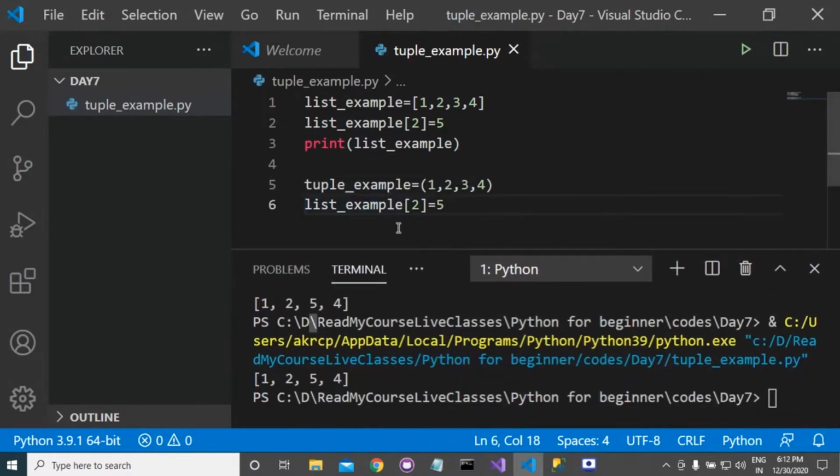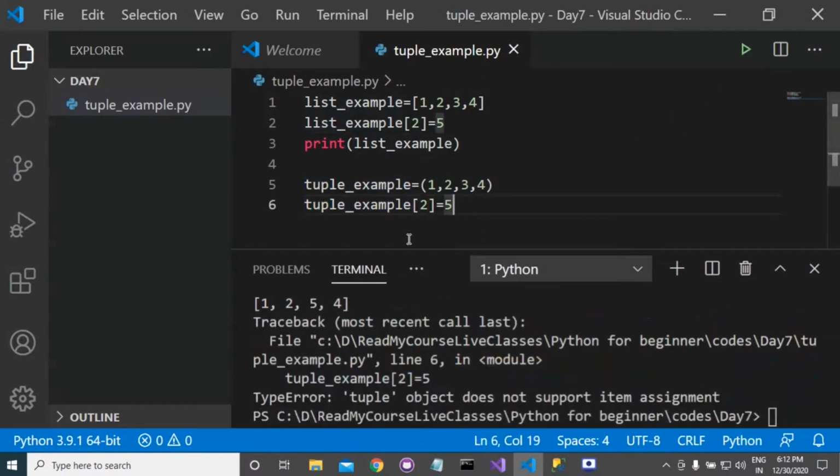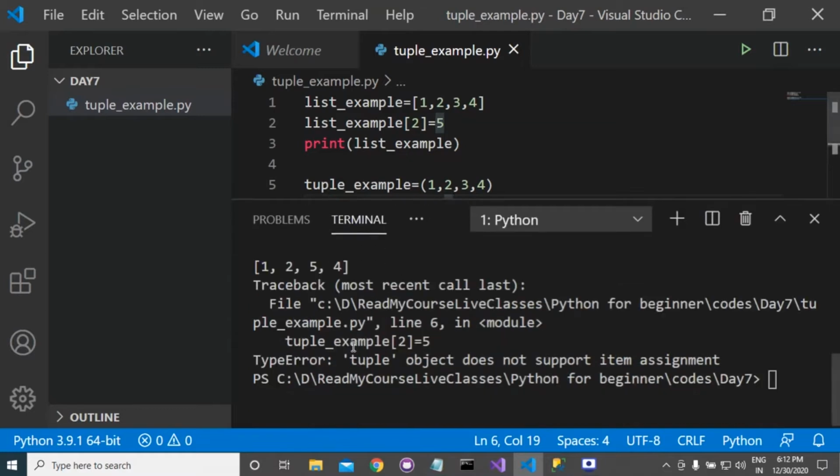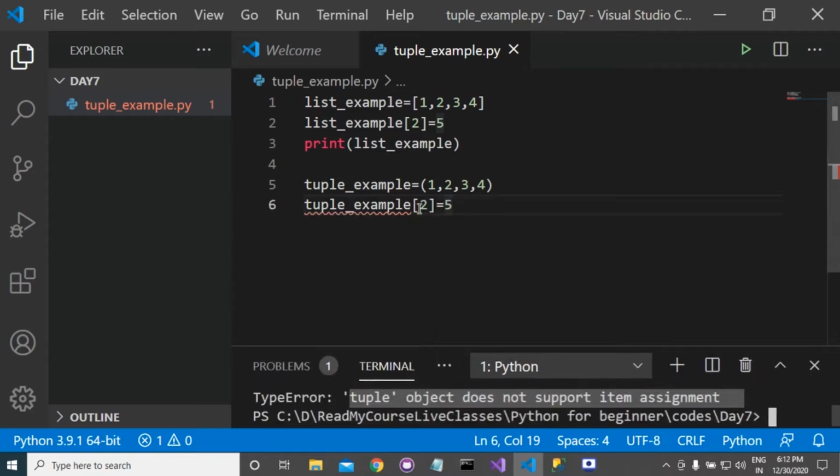Sorry, here we need to write tuple_example. You can see that it is giving an error: tuple object does not support item assignment. You cannot change the value of a tuple element at any index. So this is the importance of tuple. By tuple, we can create an immutable list of objects.